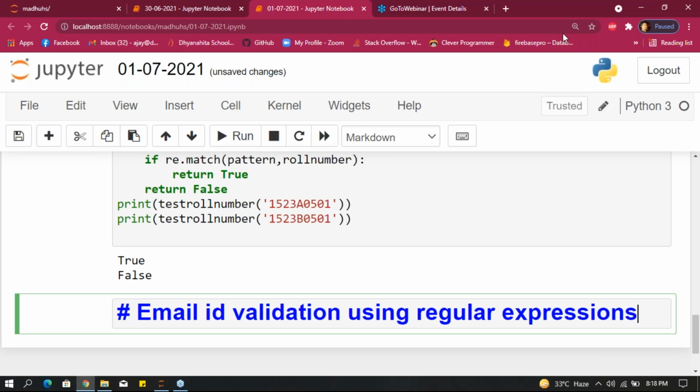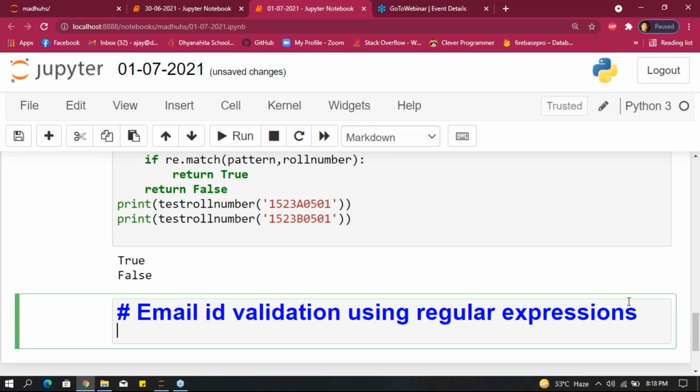Email ID validation using regular expressions. For example, look at here, guys. Please listen carefully, guys. Here an email ID has some username. After that, the at the rate symbol will be there. After that, we have some domain name, and dot.